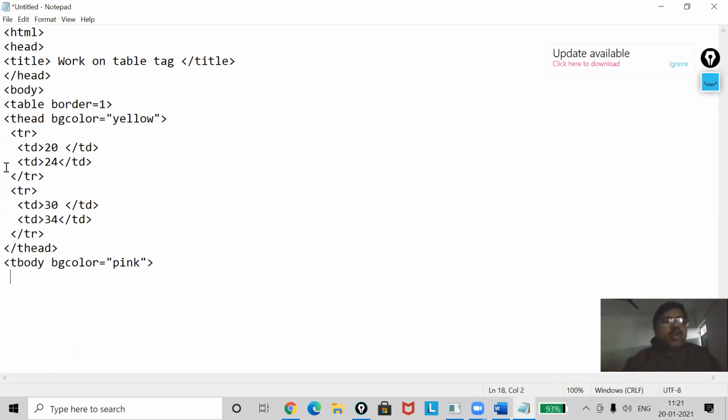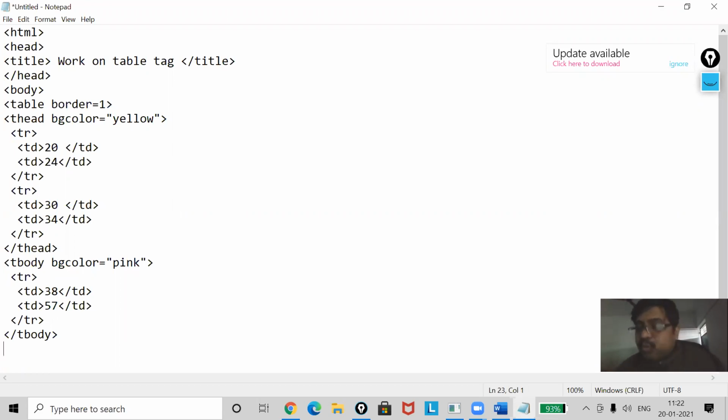Now, I'm going to copy this, and pasting this row with having different data. Okay. Now, I will close my tbody. Now, my tbody is also completed.